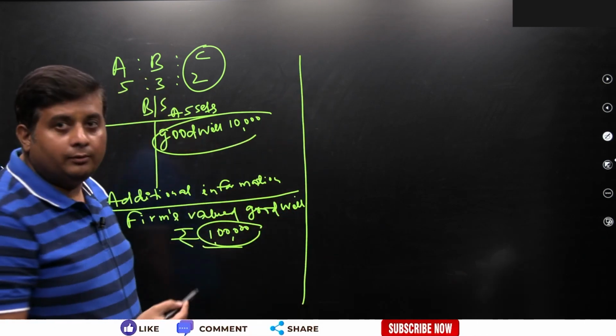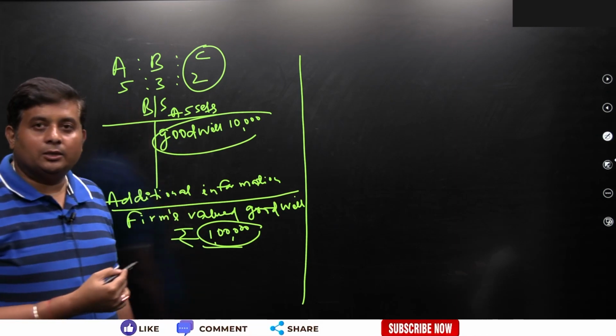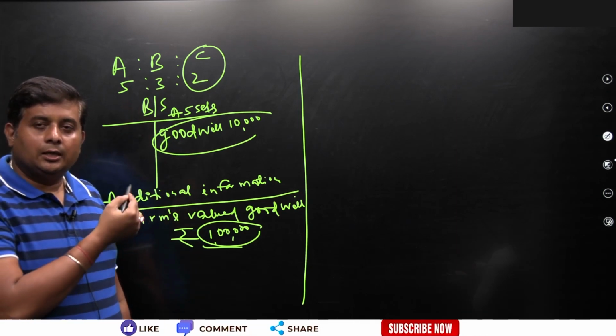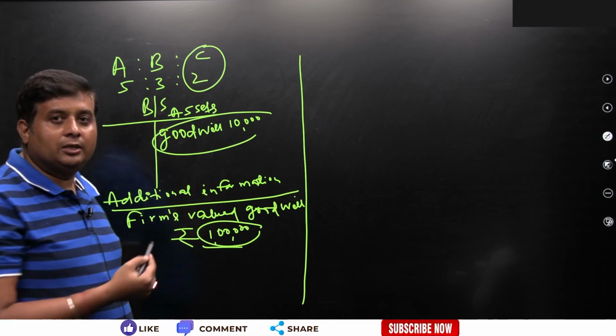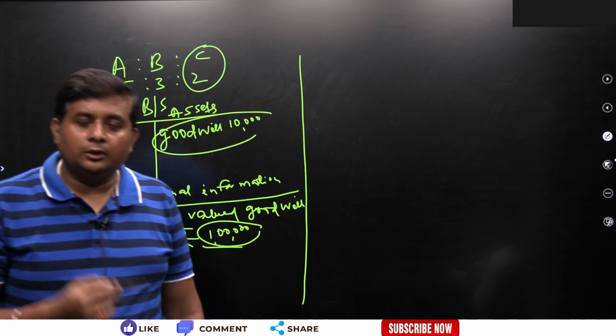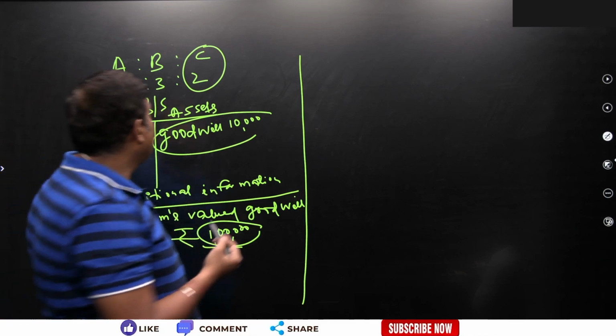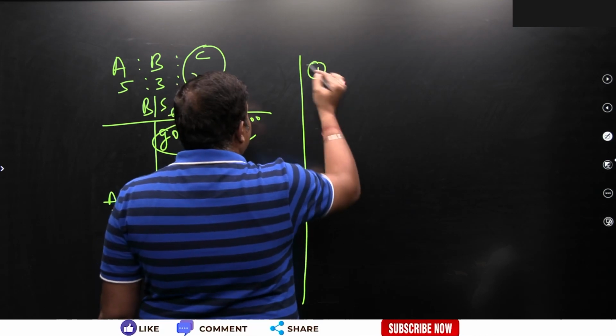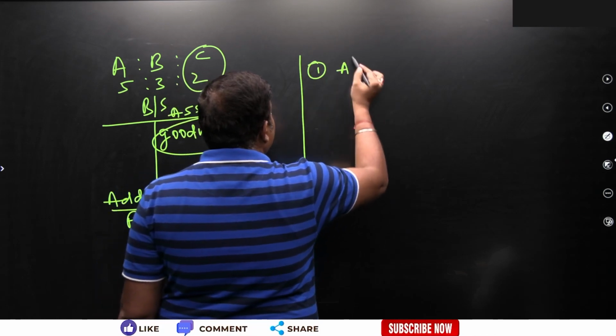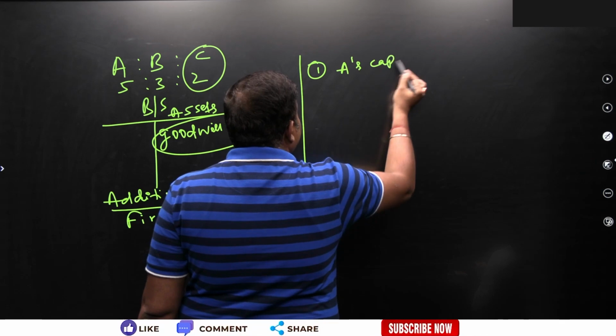So, for appeared goodwill, since it is created by the old partners, I mean all the partners including the retiring partner, this has to be written off between all the partners including the retiring partner in their old profit and loss sharing ratio. So, now for appeared goodwill, the entry should be A's capital account debit,